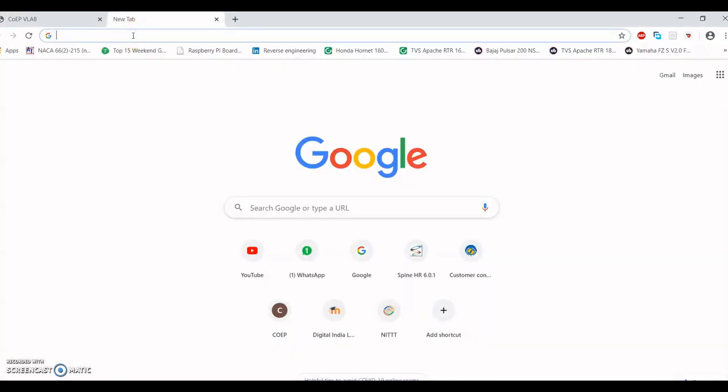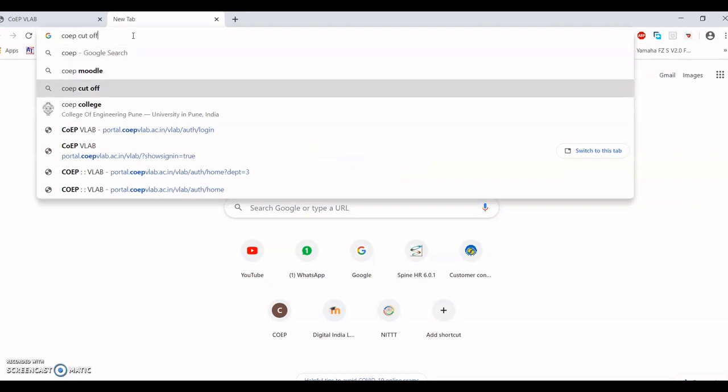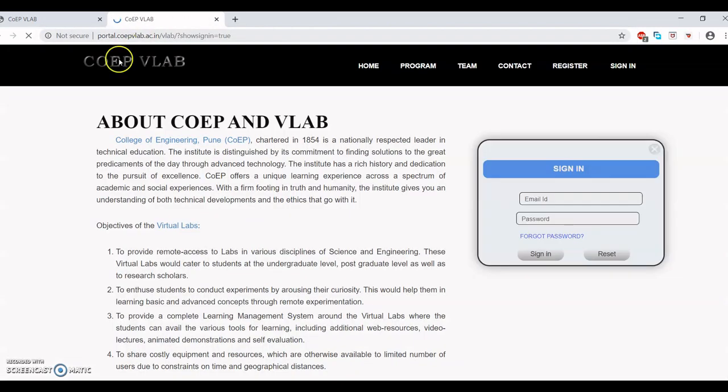You will go first to the website COEP Virtual Lab, right? Here you can read the information about the virtual lab. You can read its objective here. Basically, the purpose of the virtual lab is that you can have the requisite knowledge about the practical before going into the actual practical labs, and it also gives you a chance to explore different domain topics which might not be of your stream, right? So the first thing is that you will start with the registration.